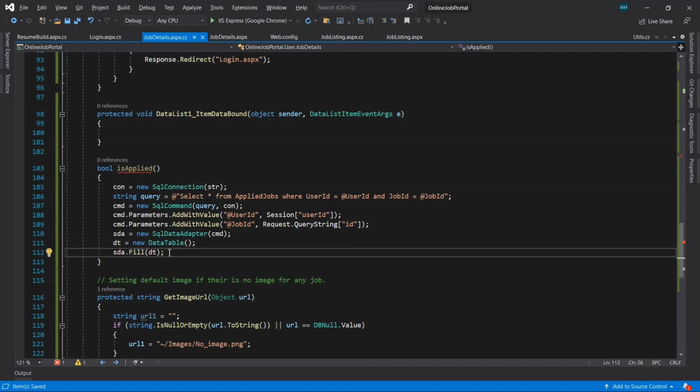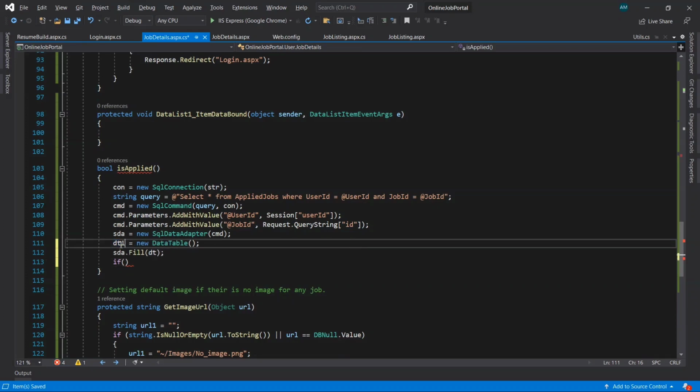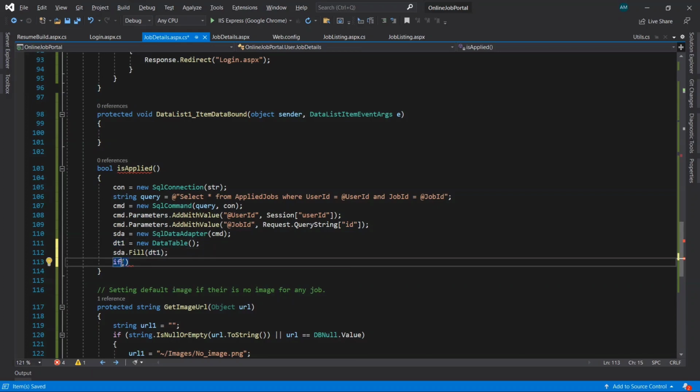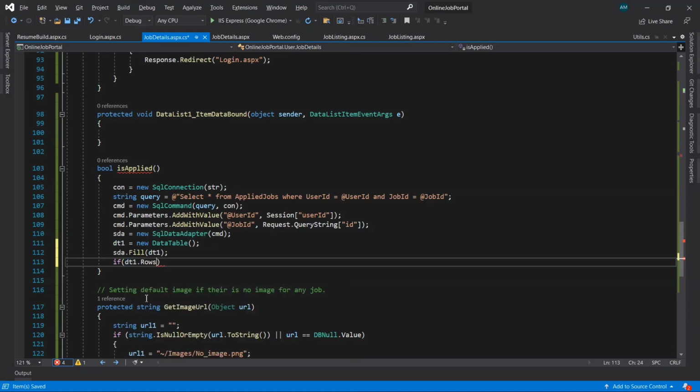After this, we'll check the data is being there in the dt object or not. Okay, so but here we'll take dt1, dt1 dot rows dot count.